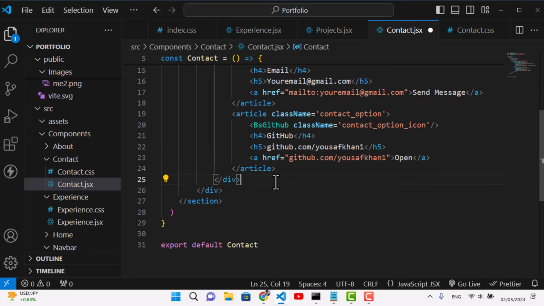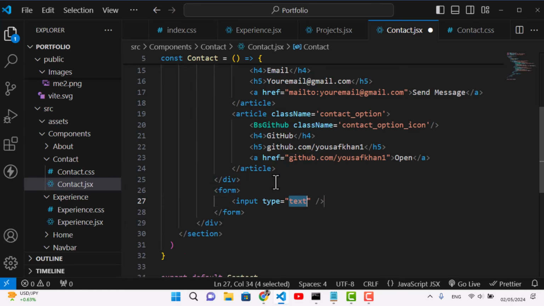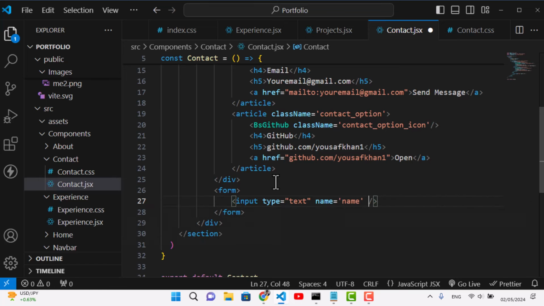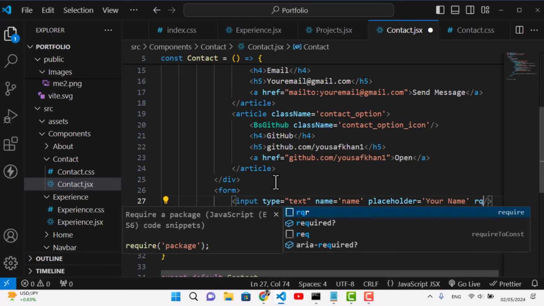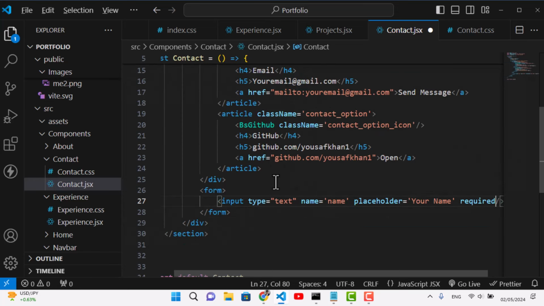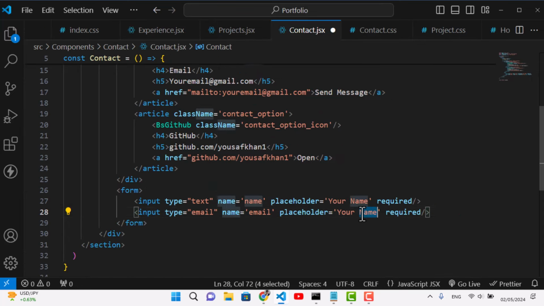Now let's add a form for the contact. Let's remove this first of all, and here we will have first of all an input, type text, name, placeholder your name, and required. Let's duplicate it, and this is for email, name email and placeholder your email,